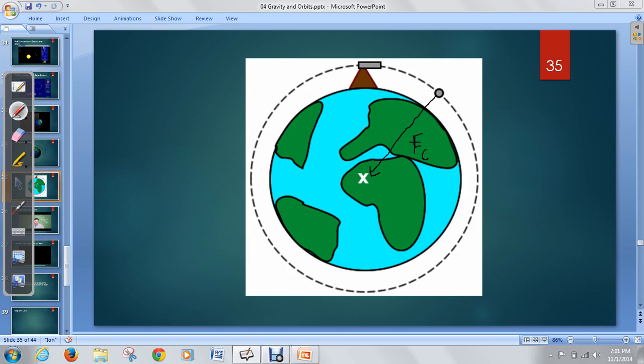They're two of the same things, the same idea. This force pulls in towards the object, but they're orbiting or rotating around the center because of their velocity. It's the exact same thing, just different applications. So that's the big tie-in between gravity, orbits, and centripetal force. All right. Then the last thing we talked about